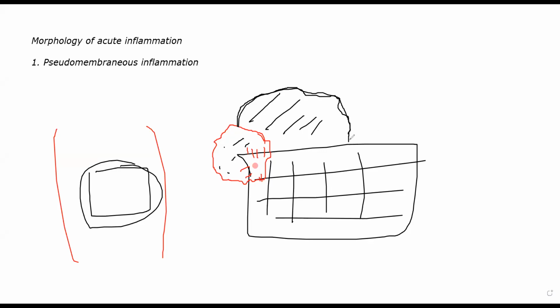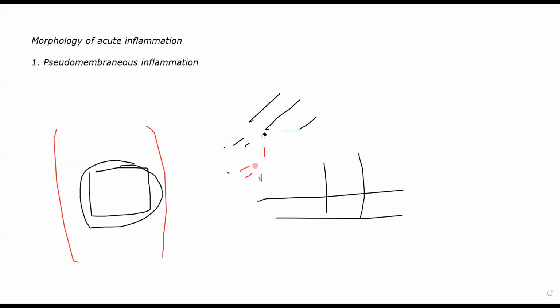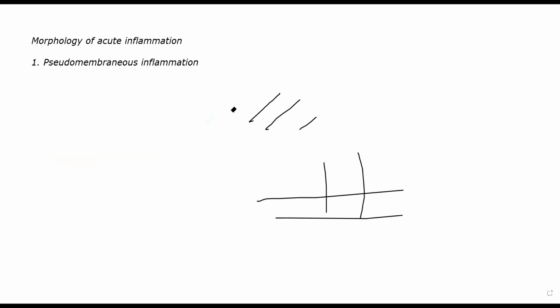That is one morphological feature of acute inflammation. That is something that you can see in inflammation of mucous layers, or you can see inflammation of other tissues as well. But more often than not, it will be in mucous tissue. This happens on mucosal surfaces. Understood? If you want me to repeat again, or if you want me to explain any particular aspect of this, please let me know, or else we'll move on to the next morphological feature. Okay.